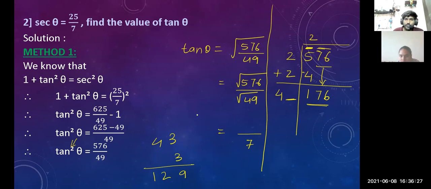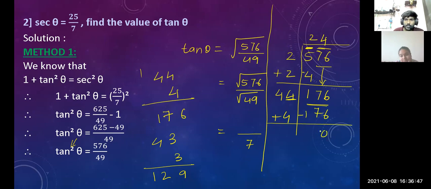So let's try for 4. If you're putting 4, multiply it with 4. So 4 4s are 16, plus 1, 17. So it is working for 4. So you have to put 4 here, and here up also 4, and here 176. And then when you subtract this, it will be 0 here and here it is 48.